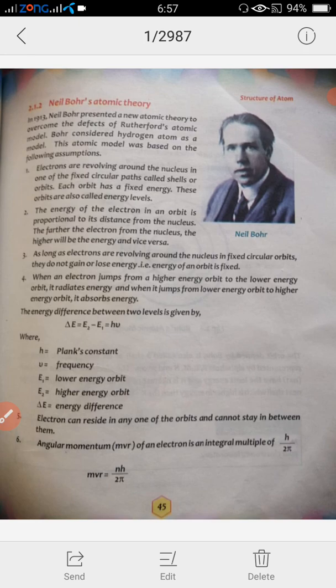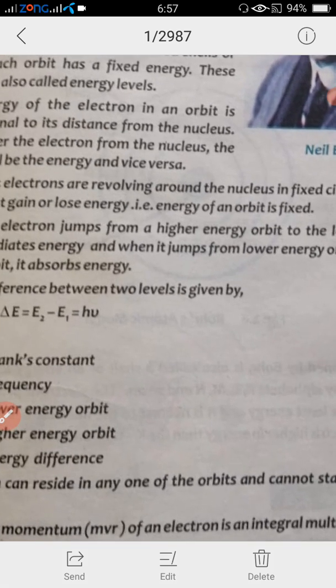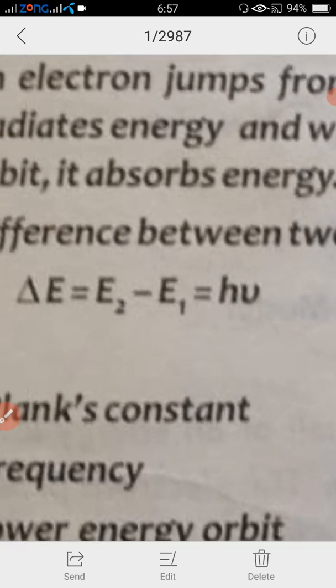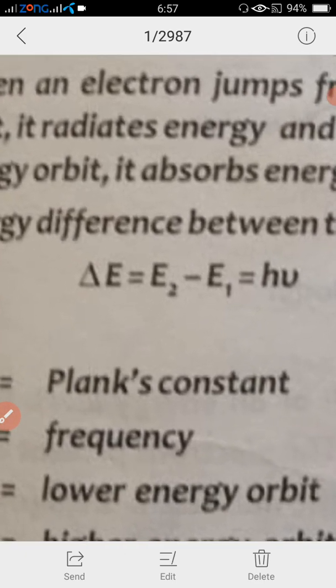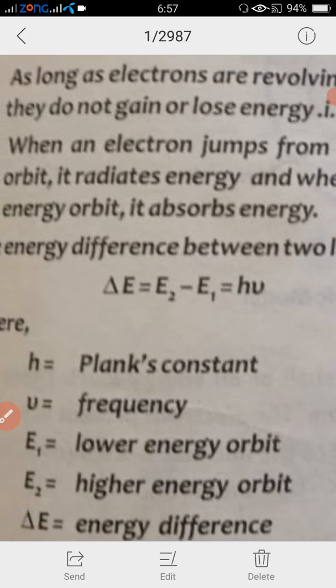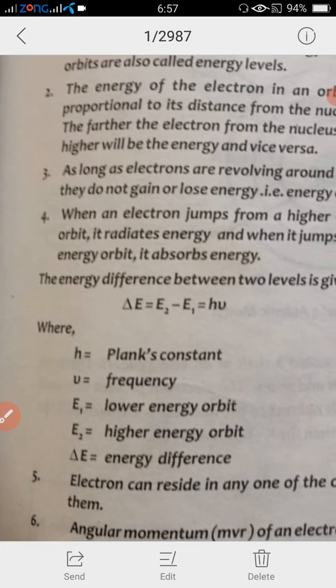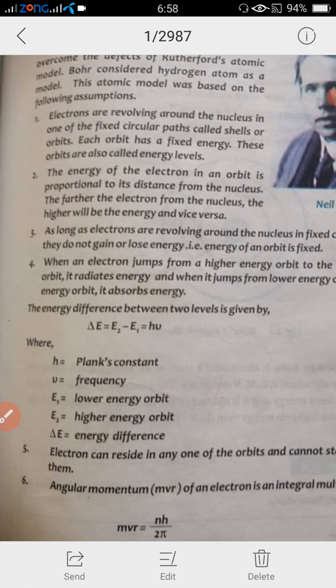The difference of energy can be explained by the equation, which is del E is equal to E2 minus E1. So students, this triangle is pronounced as del, and it is pronounced as del E. Del E means the change in energy. So this equation represents how we measure the change of energy, that is, which amount of energy